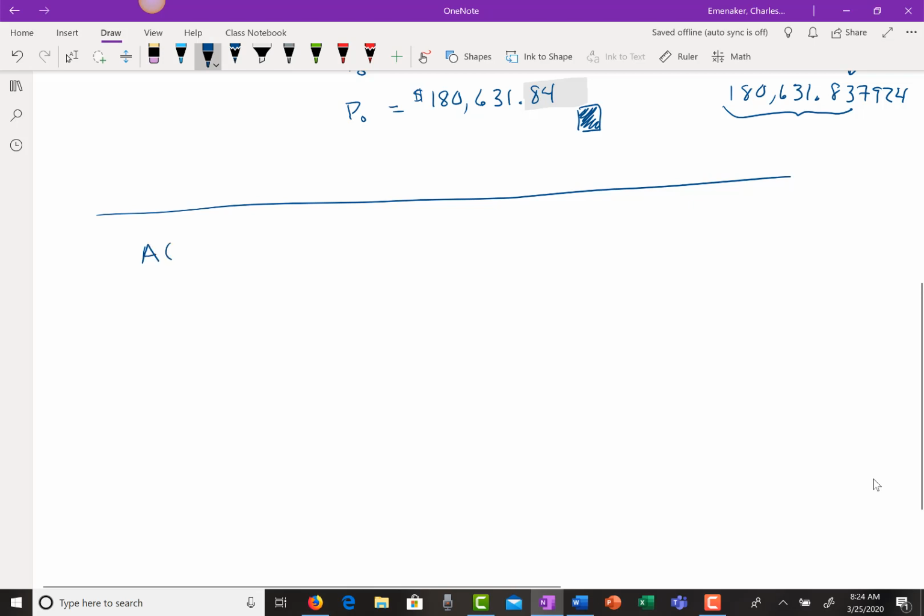The amount of money at some point in time, that's future value, is going to be the rate at which the money is being invested divided by K, or R if you would, times e to the K capital T, T being the number of years it's being invested, minus 1. Now, I'm going to make a slight change here. What we want to know is we want the balance,